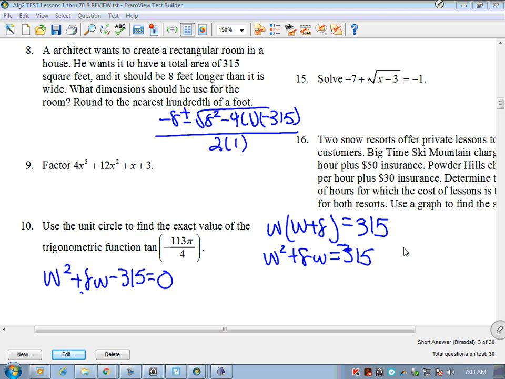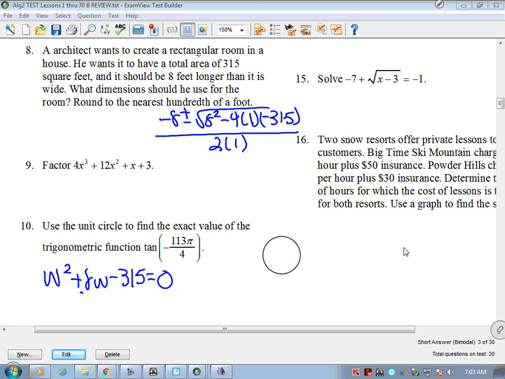Okay, it might take a second to get that because I'm going to erase this one down here. Okay, we're going to try to solve this as we go. I'm just going to take my personal handheld calculator so you won't see this on the board. But 8 squared minus 4 times 1 times negative 315 actually comes out to 1,324. So I've got, let's see, help me out here, negative 8 plus or minus the square root of 1324 divided